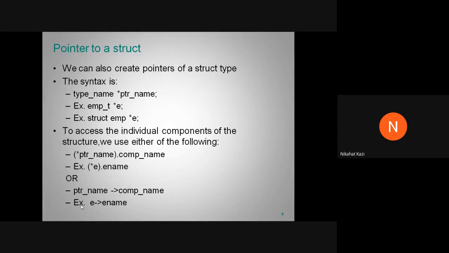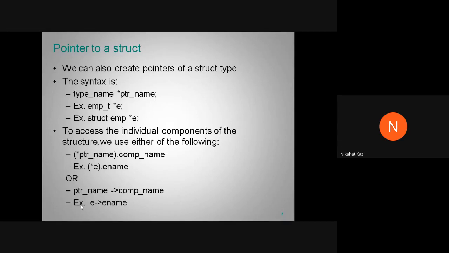So you just have to remember that if your structure variable is a normal variable, it's not a pointer variable, then you simply say structure variable dot component name. And if your structure variable is a pointer variable, then it has to be structure pointer variable arrow component name. Okay, so this is pointer to a struct.